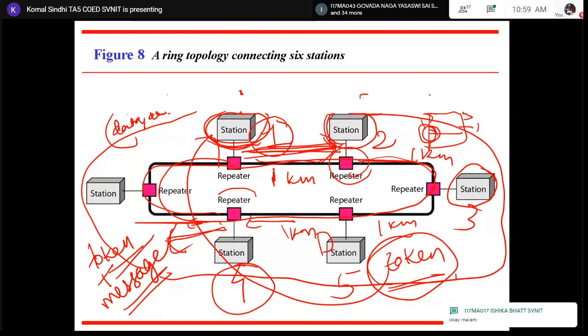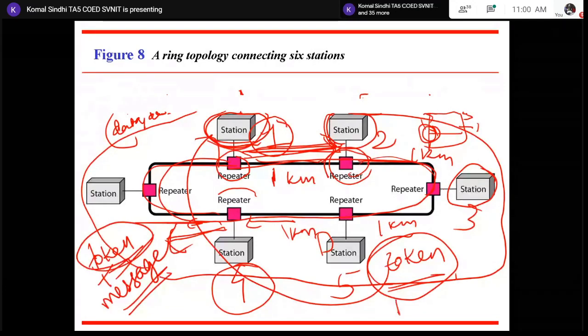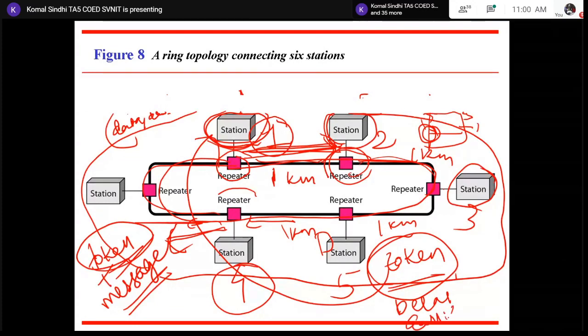Two devices cannot have the token at the same time. Since this is a very traditional method, they have not mentioned what happens if two devices are having the token at the same time. But we have certain advanced methods on the basis of token passing, like delayed token reinsertion and early token reinsertion, which we will learn in the data link layer chapter.